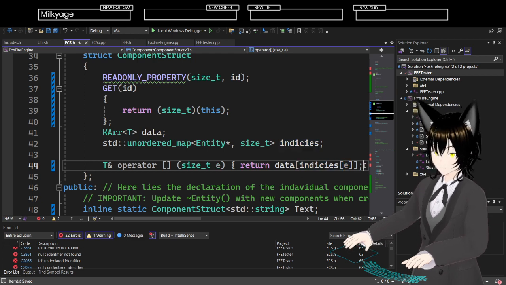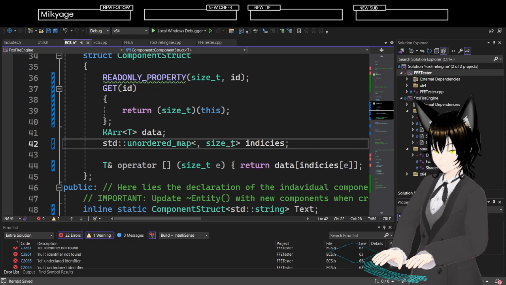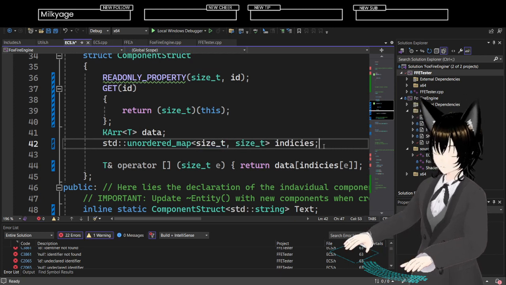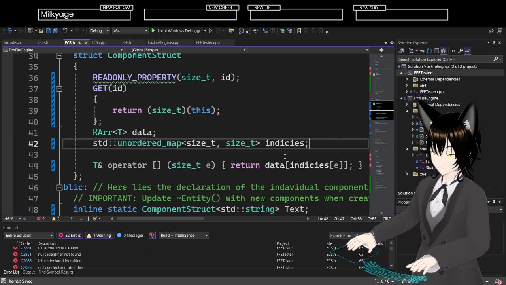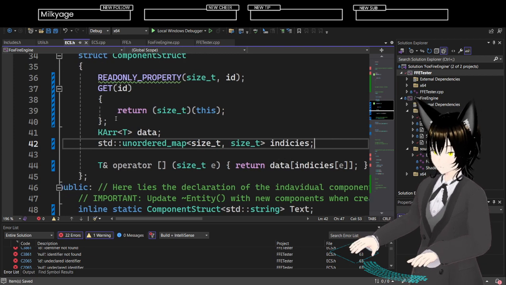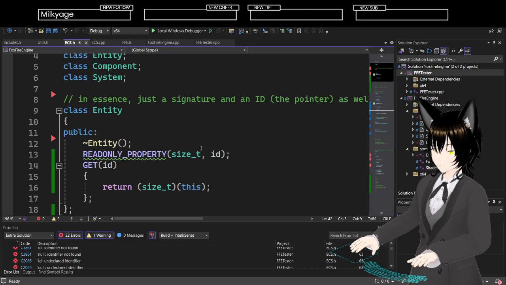I think it's fine. Because I also want to not have this, it's just a size T. Right. And this is a thing that I'm going to need to change as well. Right. That's fine. So let's see here.